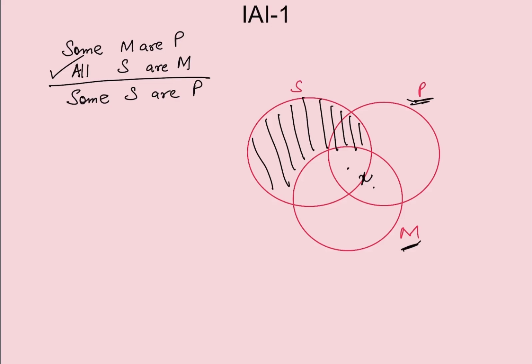So again this is very important. Please keep it in mind. M and P के बीच में X यहाँ पे आएगा. Now let's see some S are P. S are P में यहाँ पे X आना चाहिए था, which we are not sure. So this will be again a case of an invalid syllogism. So this is also clear, I guess.